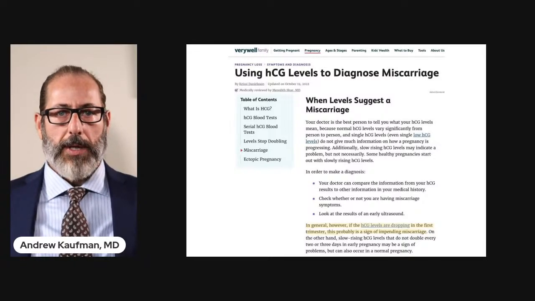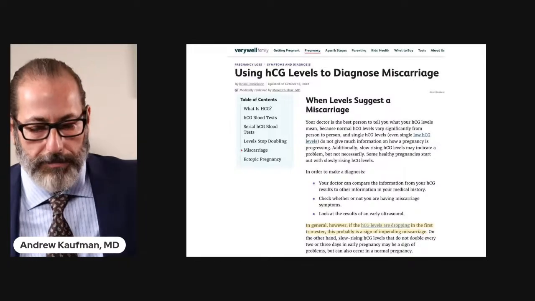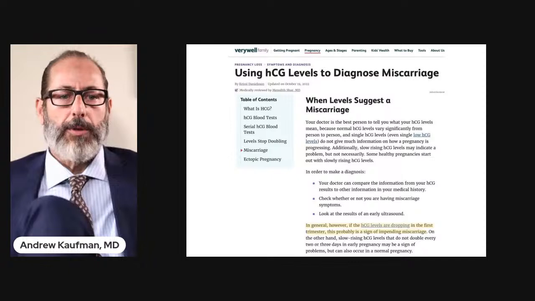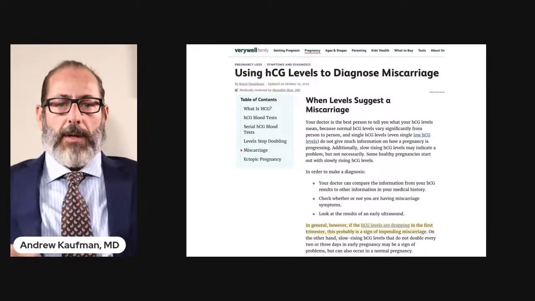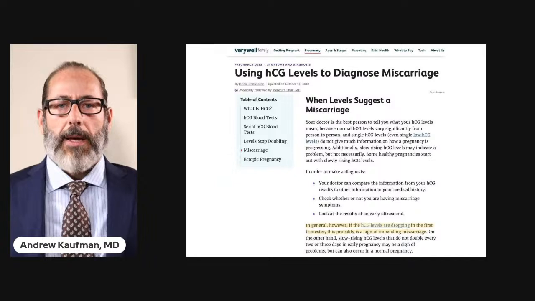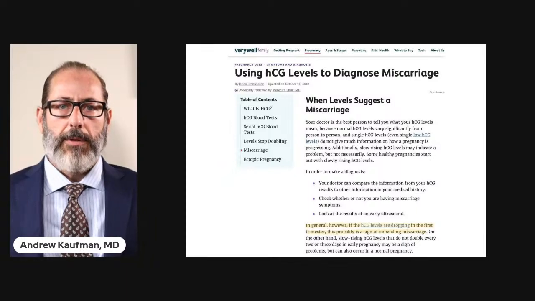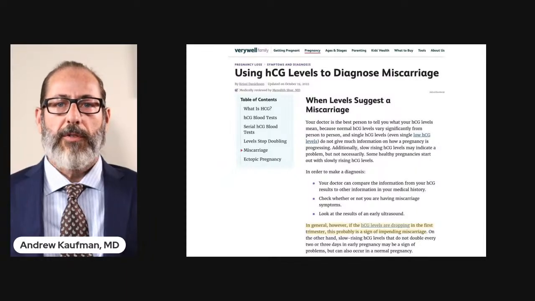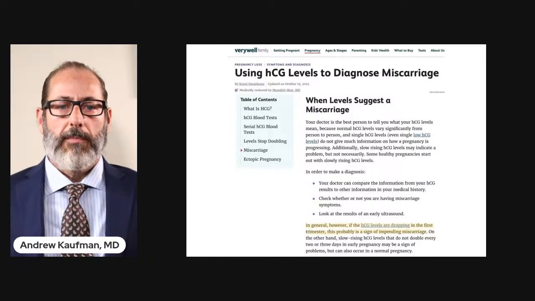So I want to bring up another example from my experience as well, and this has to do with miscarriage. Now, I was taught in medical school, and I found an article here, there are many articles to back this up, that if you suspect a miscarriage, in addition to an ultrasound, there's a laboratory blood test that you can conduct if it's in the first trimester. And it's called the quantitative serum beta HCG.